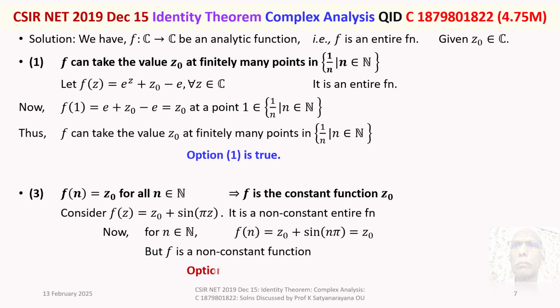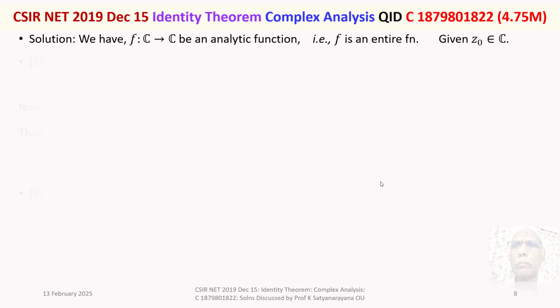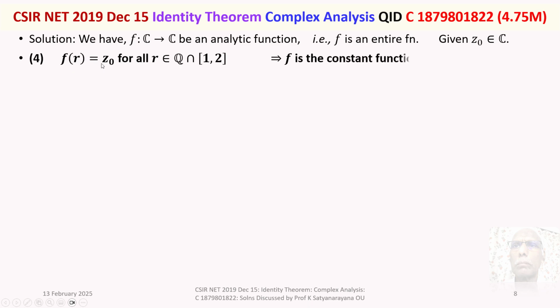That means option 3 is not true. Agreed. Move to the next option. Option 4: f of r is equal to z naught for all r belonging to Q intersection the closed interval 1 comma 2. Then f is a constant function